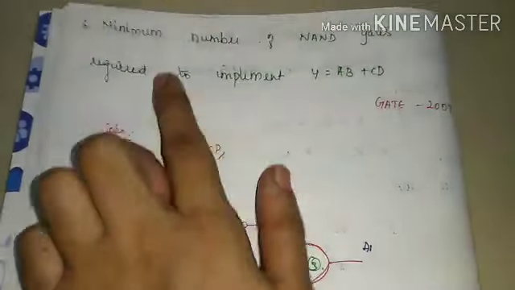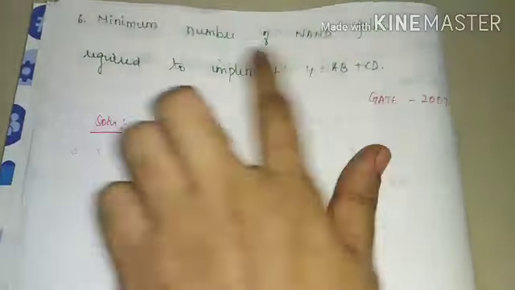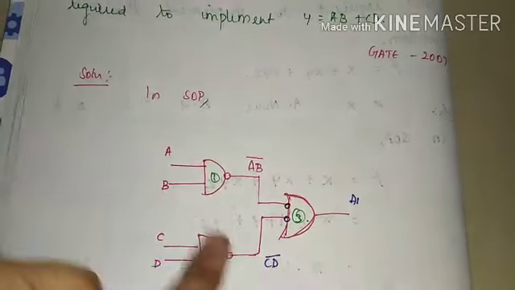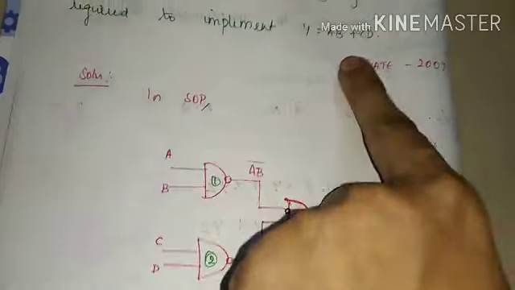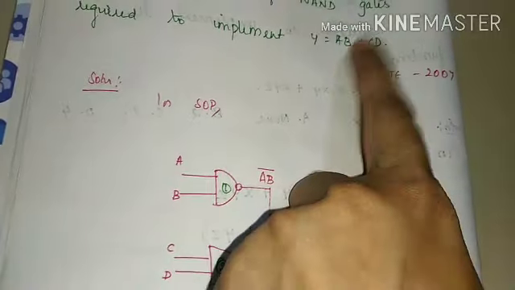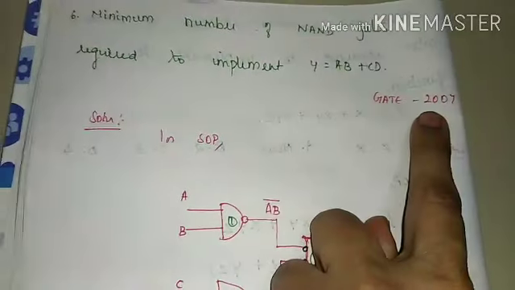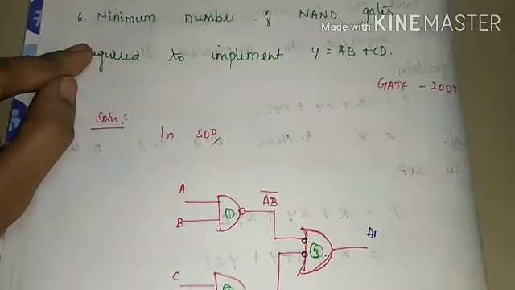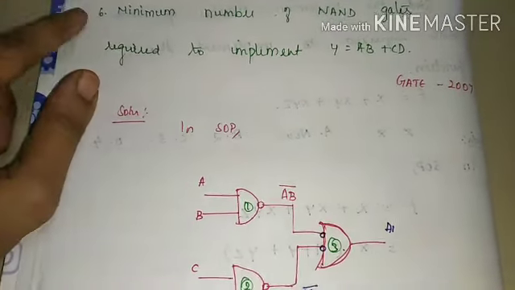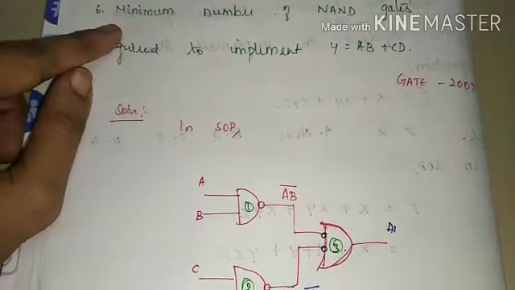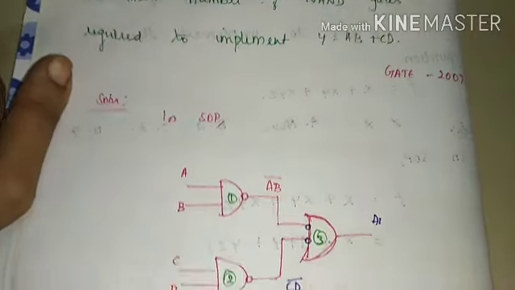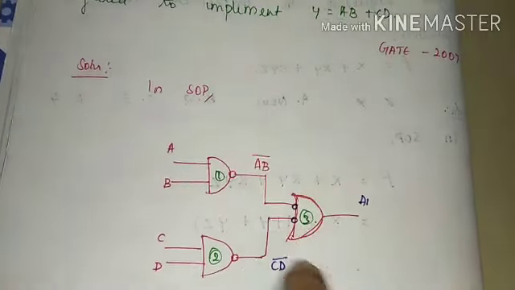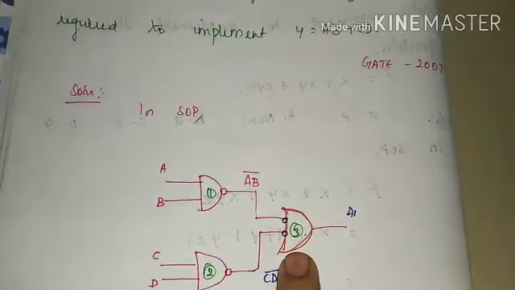So, now, what is our given question? Minimum number of NAND gates required. So, 1, 2 and 3. These are the minimum number of NAND gates required to implement the given function AB plus CD. This is the question asked in GATE 2007. Our previous problem is a question asked in GATE 1998. So, surely there will be one problem based on this concept, minimum number of NAND gates. Right? 1, 2 and 3. See, this is bubbled OR gate, that is also called as NAND gate.